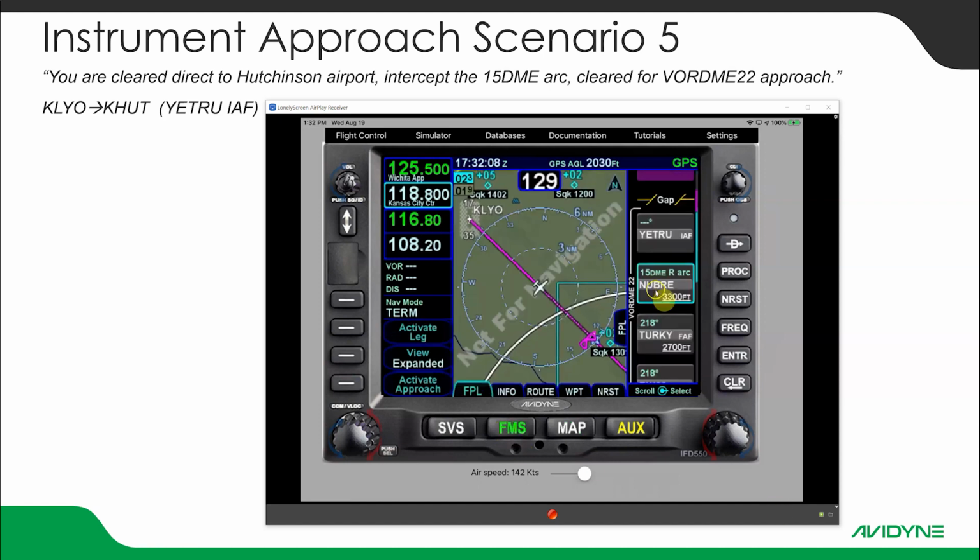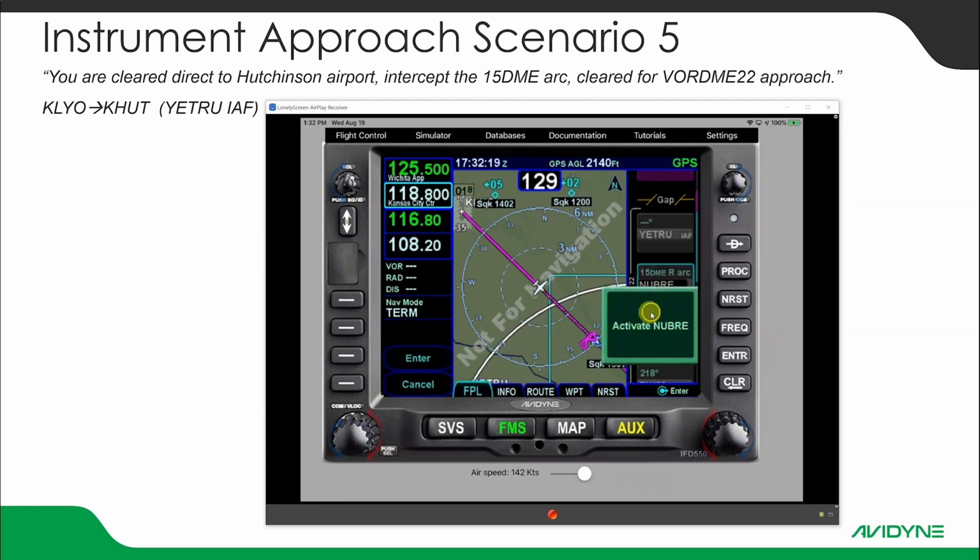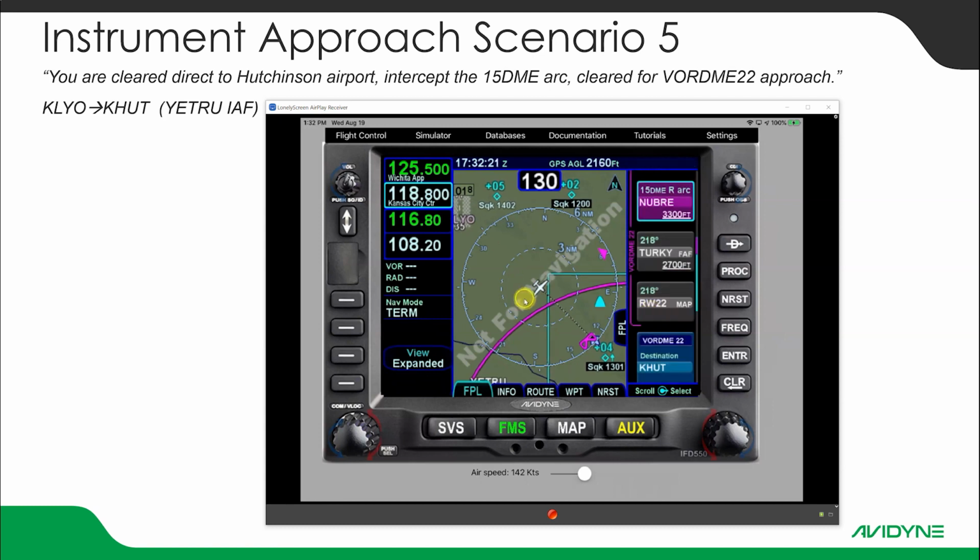We want to activate this leg as we get close. We're getting there. We're almost to the chart. You can see the extent of the actual chart. We'll get ready, and we'll go ahead and activate the leg. So let's hit that button and activate. And now we're going to turn. Notice now we've got the VOR DME approach armed. The VLOC is armed, and we're turning